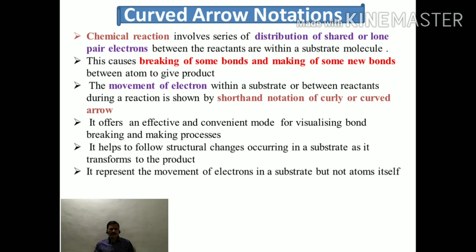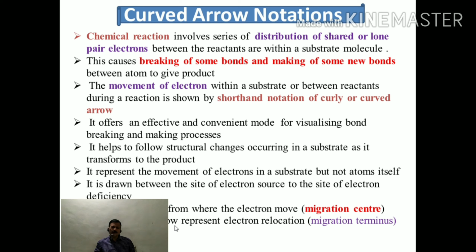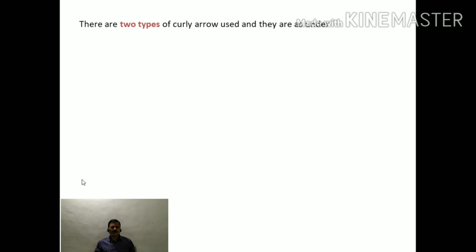It is drawn from the site of electron source to the site of electron deficiency, where one can have a tail which represents where electrons move from, that is called the migration center, while the head of the arrow represents electron relocation, that is the migration terminus. So as far as curve arrows are concerned, there are two types of curly arrows which are generally used in organic chemistry, and they are: